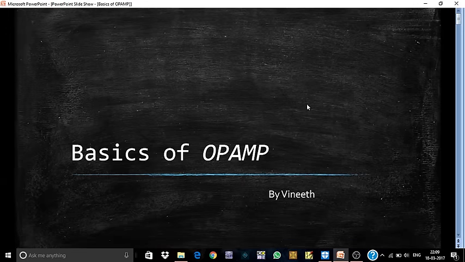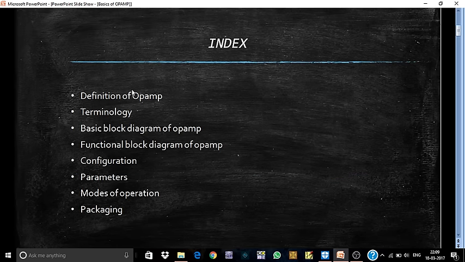Hi, this is Vinith. Today we're going to learn the basics of Op-amp. Index: definition of Op-amp, terminology, basic block diagram of Op-amp, functional block diagram of Op-amp, configuration, parameters, modes of operation,